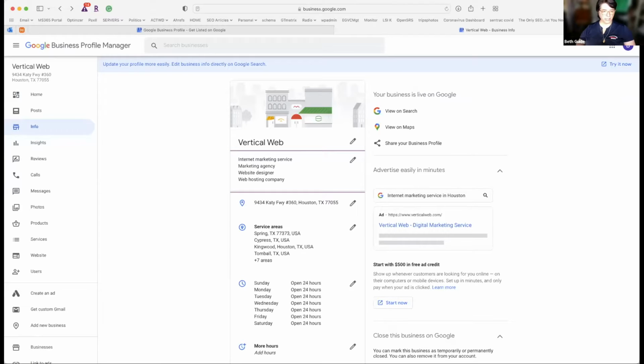One is a little bit less than the other because it's baked into the map algorithm. When you're trying to look for somebody, they try to pick who's closest to you geographically. If you have a service area, you don't have a geographic spot. And that's where some of that disadvantage in the algorithm comes from, because they don't have a way to anchor you. And that's a problem. So you can see I just searched internet marketing. I didn't come up because my business is not here. So you don't come up, even though I'm sitting in the middle of my house where my business is.